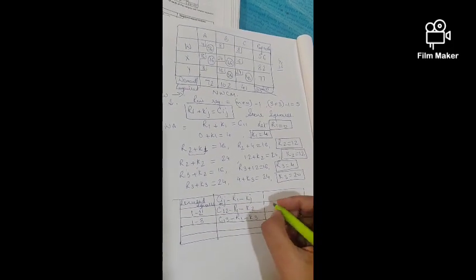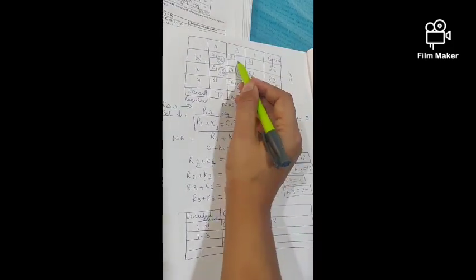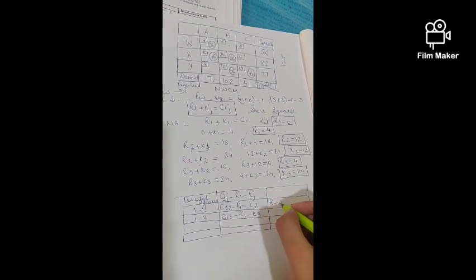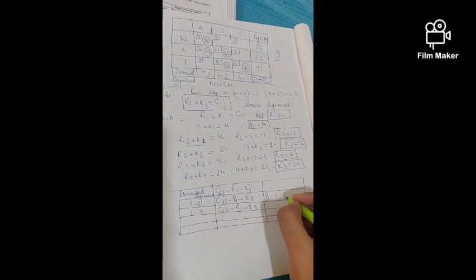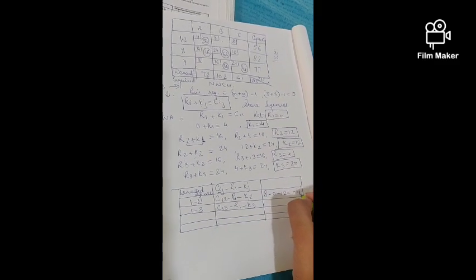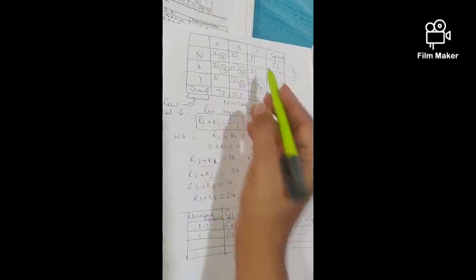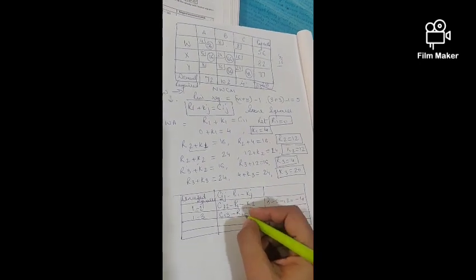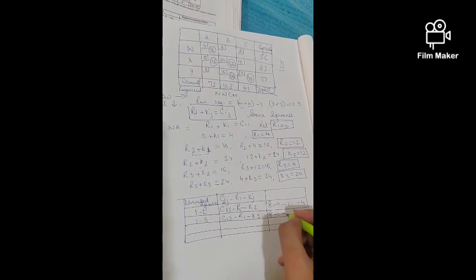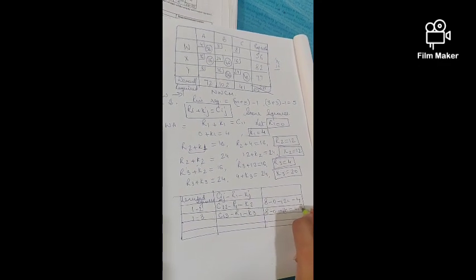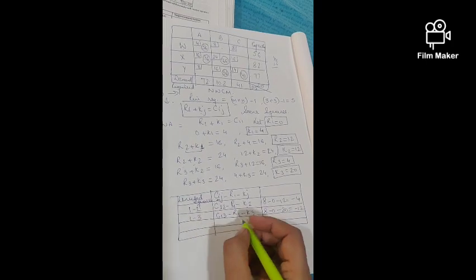C12, this is 8, 8 is there, C12 is 8 minus R1 is 0 minus K2 is 12, this will come out to be minus 4. Then R1 C13, 13 is 8 minus R1 is 0 minus K3 is 20 is equals to minus 12. Then we have